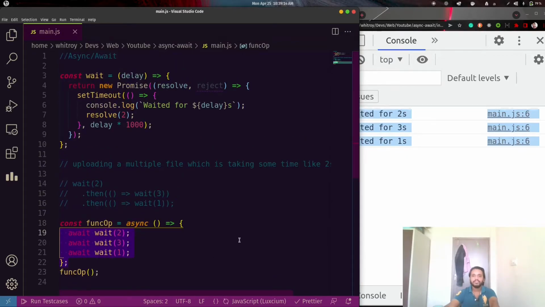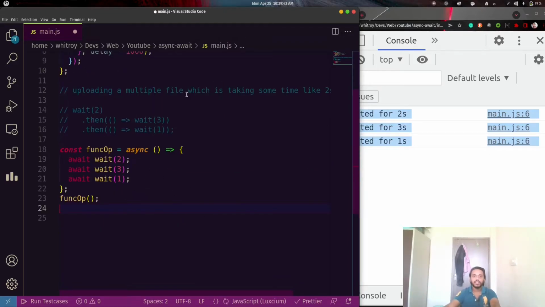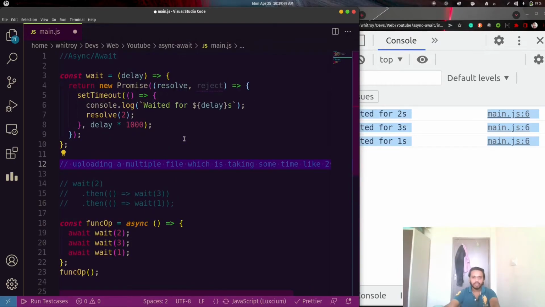Now let's have an example where promises are appropriate to use. Let's have the same example where we are uploading files. It takes 1, 3, 4, 2, 6, a total of 6 seconds to complete, and promises also take 6 seconds.